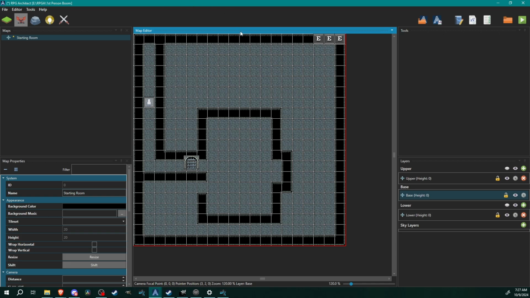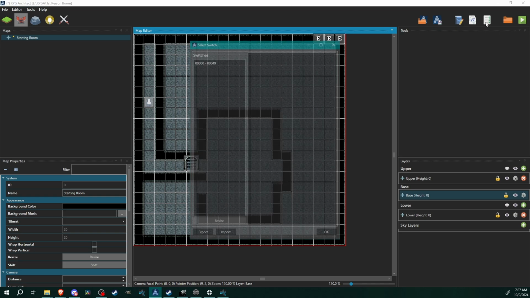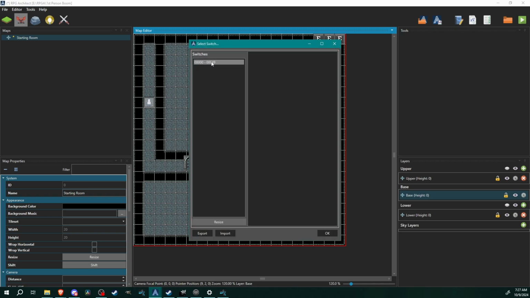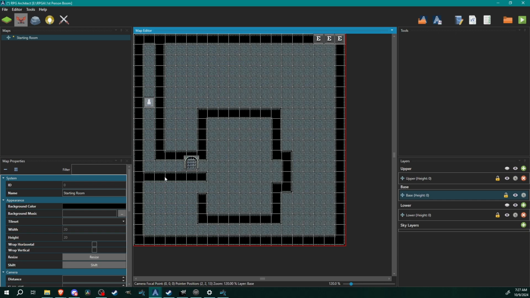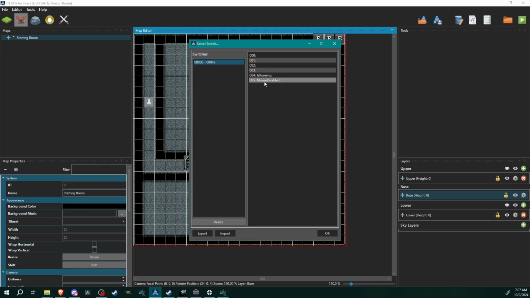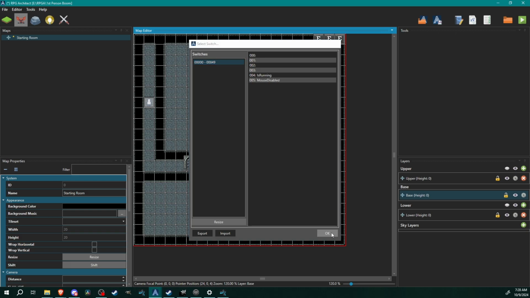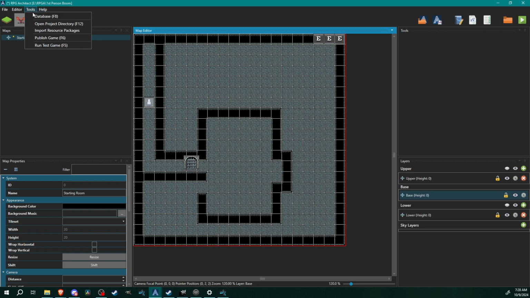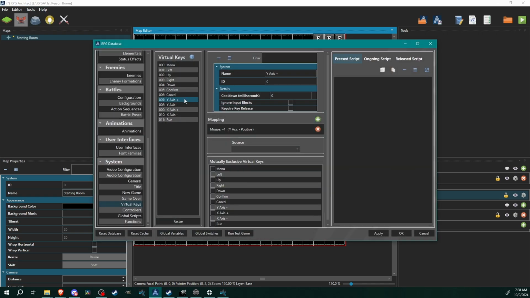The only other thing I did that was a little involved was I set up a new global switch called mouse disabled, because I want to be able to turn the mouse movement, the looking around, on and off when a cutscene triggers. So the way I achieved that is I created a switch. I just called it mouse disabled, and then in my virtual keys